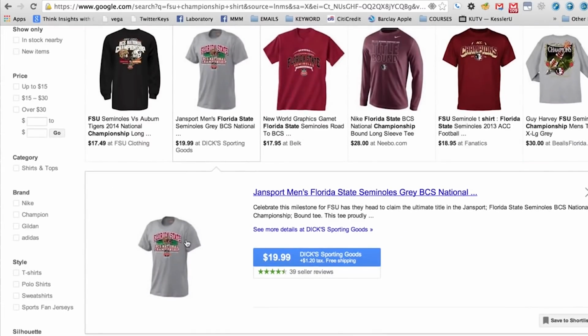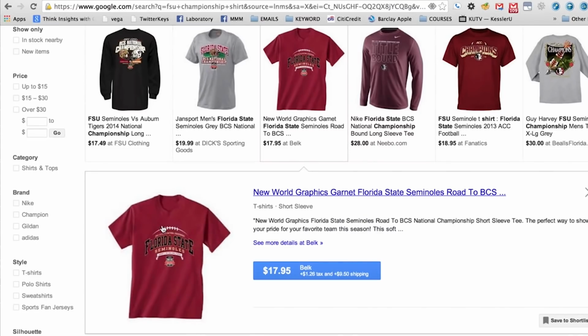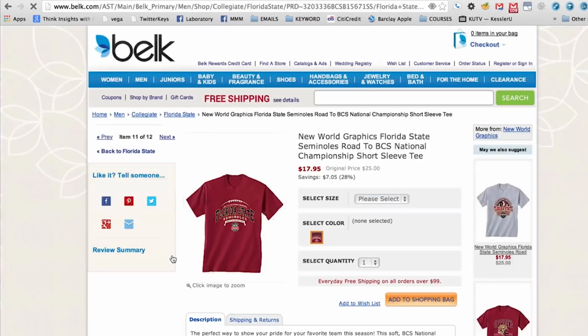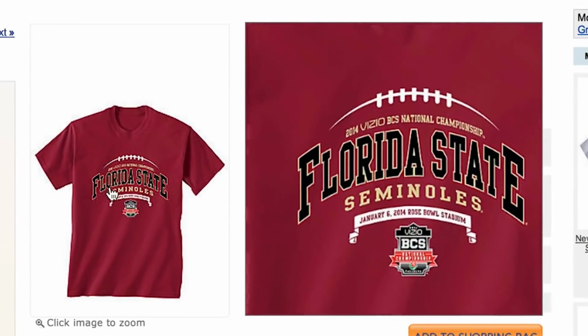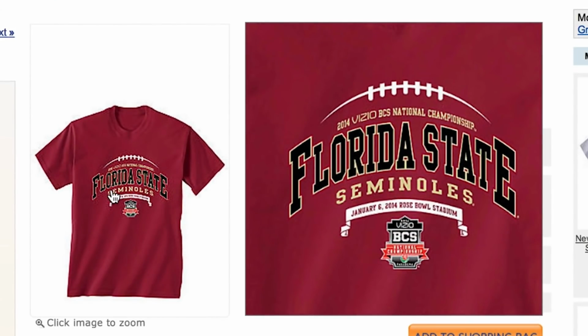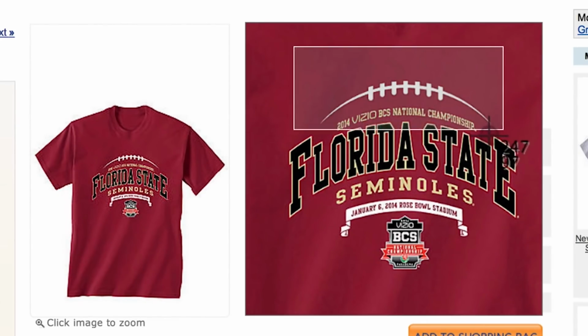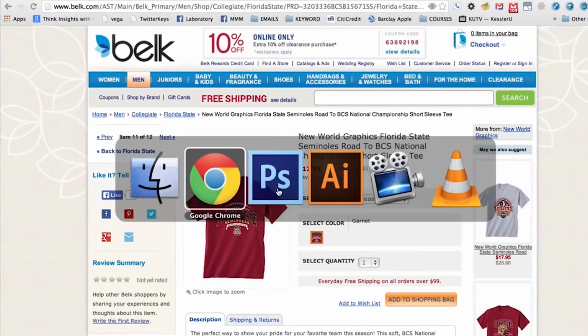I see a few cool designs, but right off the bat, this design caught my eye. I really like the shape of the football over the text. So what I did is I just took a screenshot of that shape. I went back into Illustrator